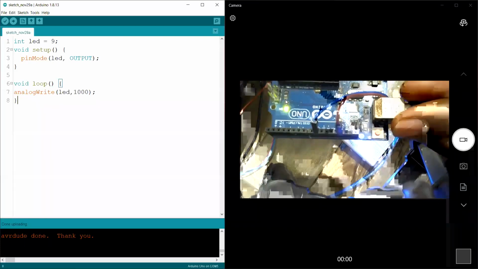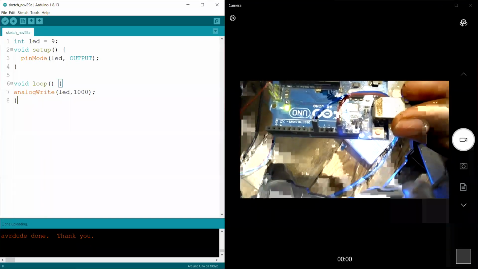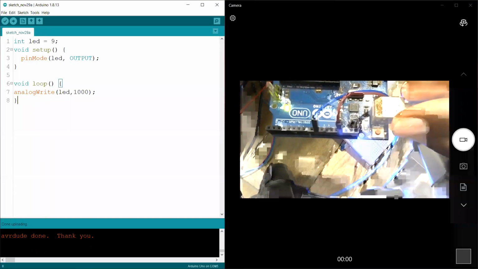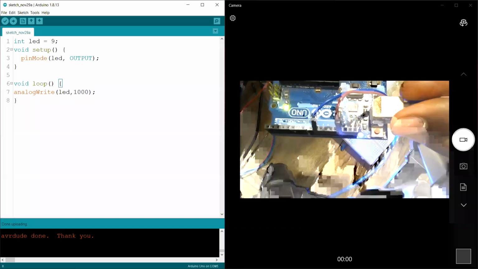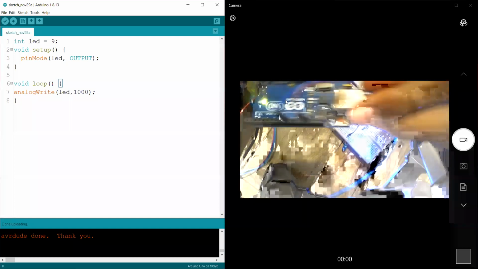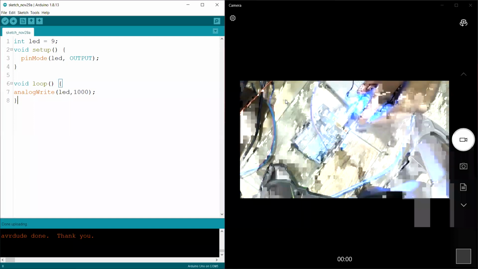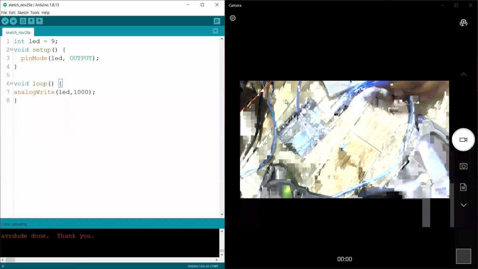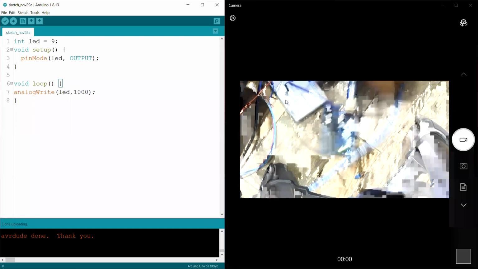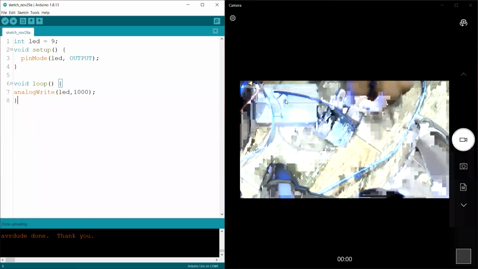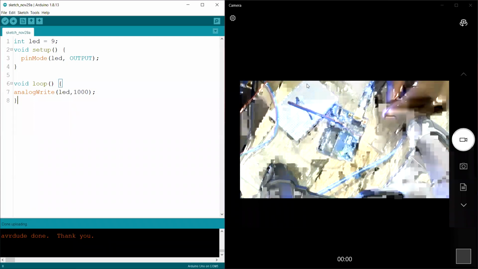That mark is in front of 11, 10, 9, 6, 5, and 3. Yes, 3, 5, 6, 9, 10, 11. Those are the analog write enabled pins. Those are the PWM capable pins, right? In the other pins, you cannot do this. You cannot use the analog write function in the other pins.